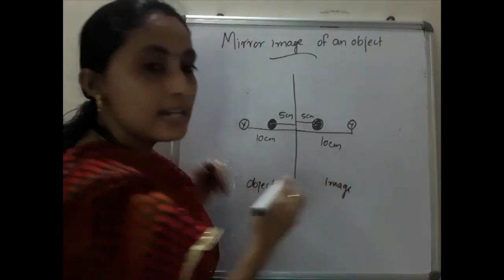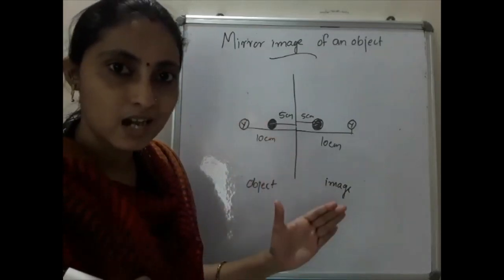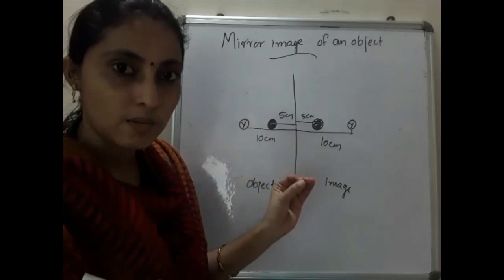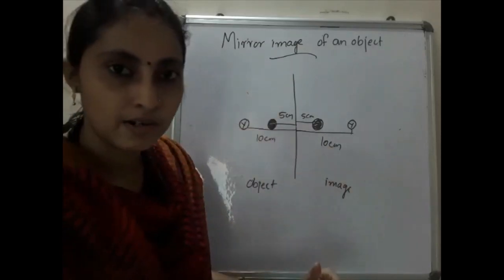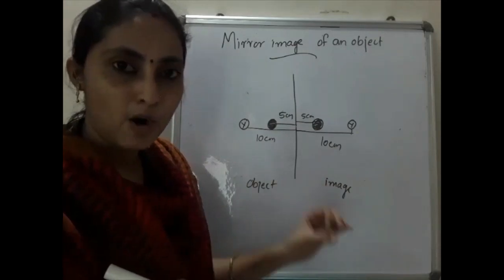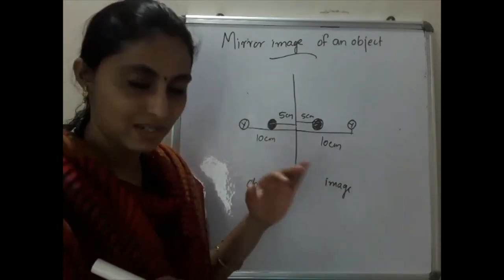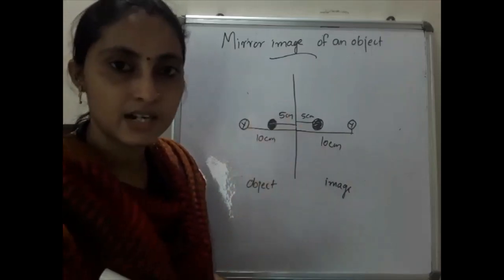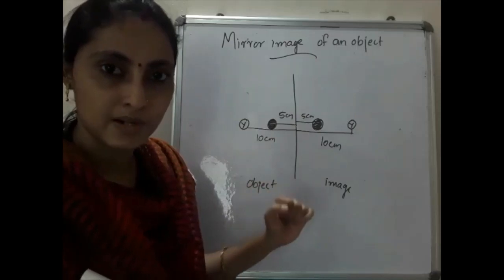So both will be same. That concept you have to keep in mind, because when we are handling coordinate geometry also, this will be helpful for you. Then we are going to our topic, that is, while plotting a point on the coordinate plane, what will be that point's mirror image. Hope you are clear on this concept. Then we will move to the problems based on this.